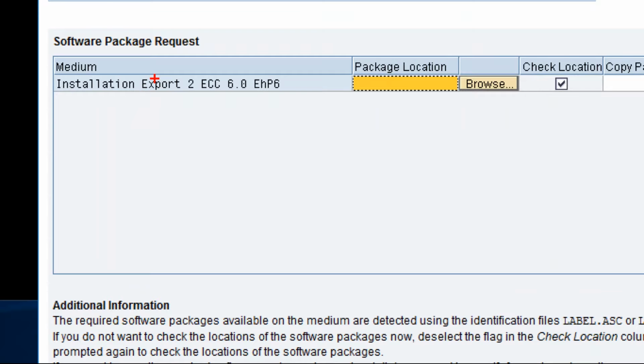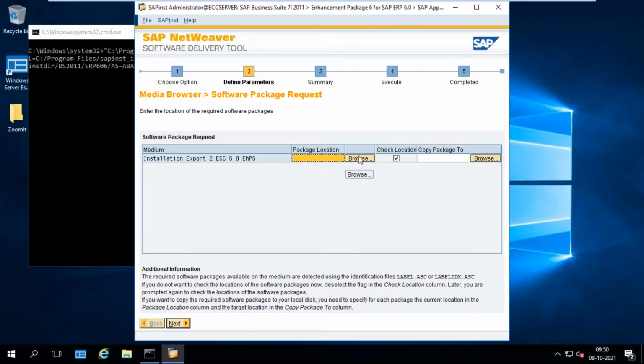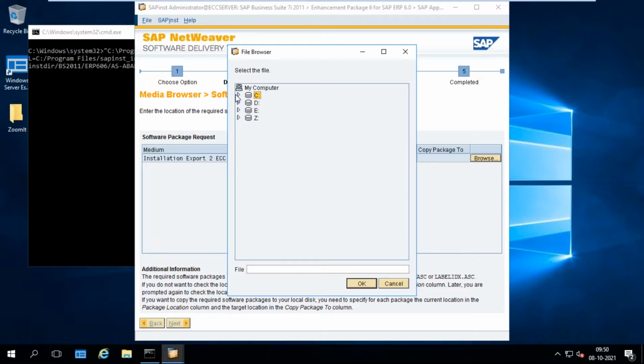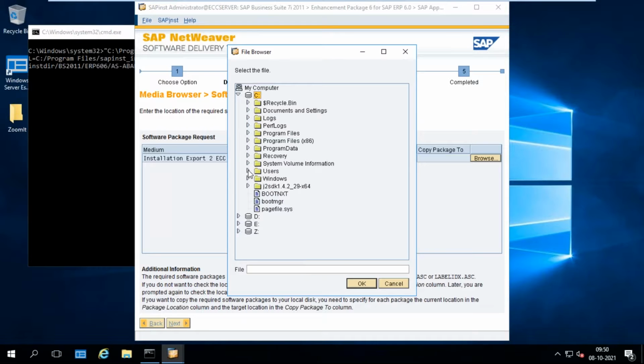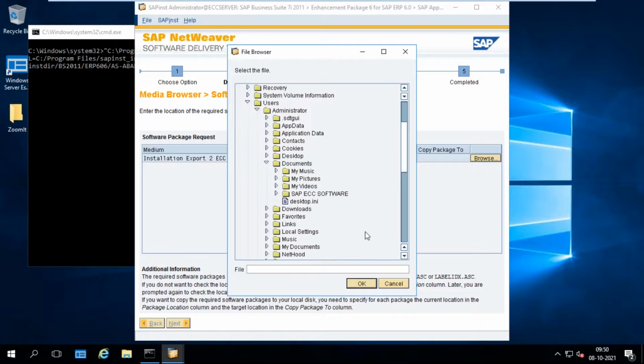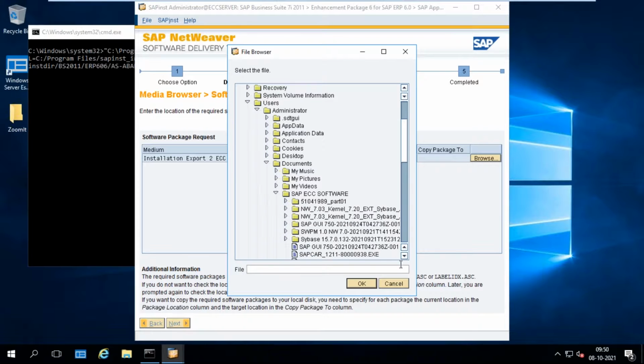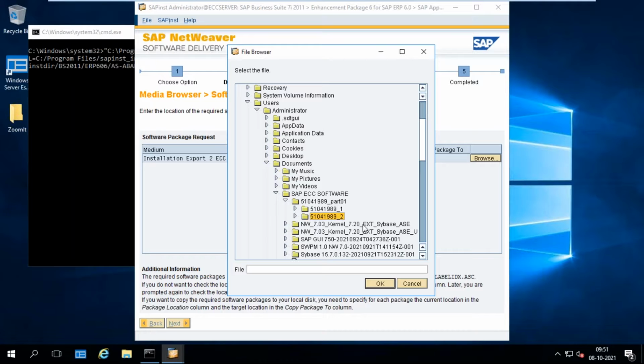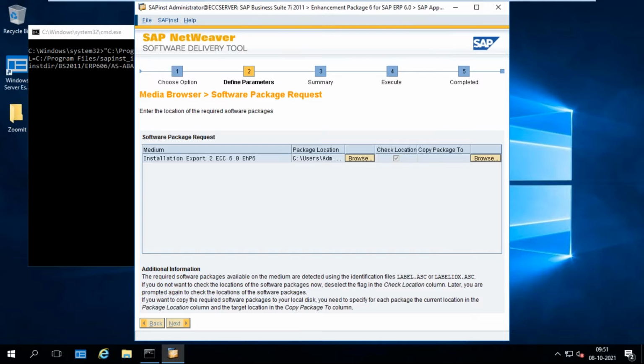That is the reason we got this window for upload export to C drive, users, administrator, documents, SAP software. Second one. Okay. Next.